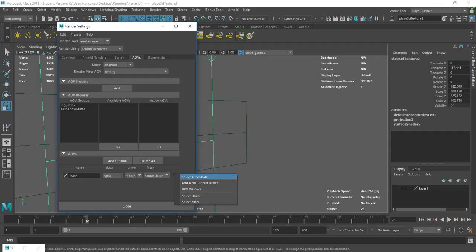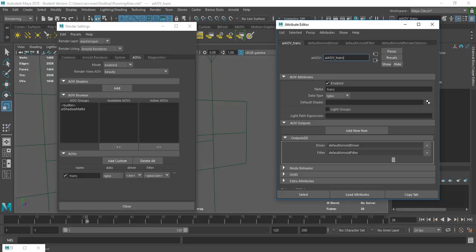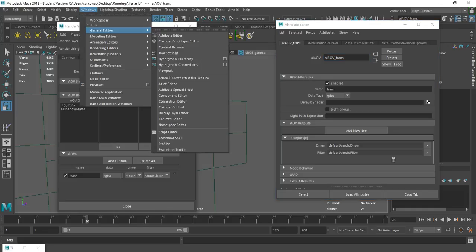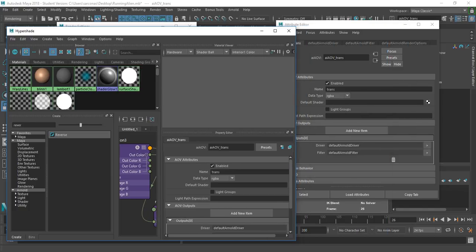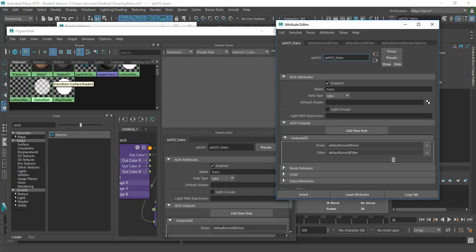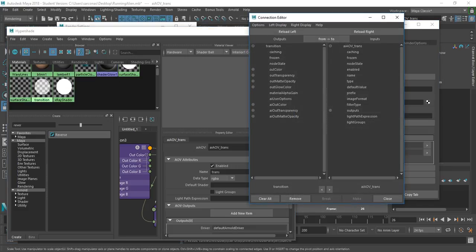Click on the arrow, select AOV node, and let me go to my Hypershade. And where it says AOV trans, where it says default shader, this is my transition one. So if I just middle drag transition onto here, what it should do